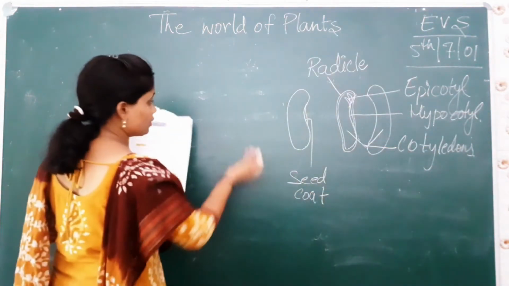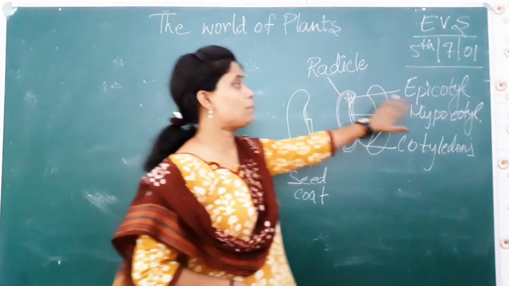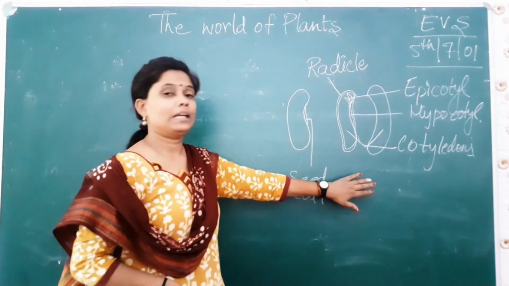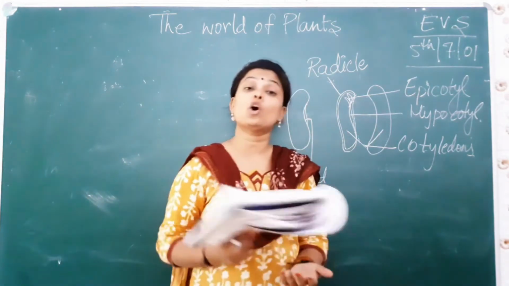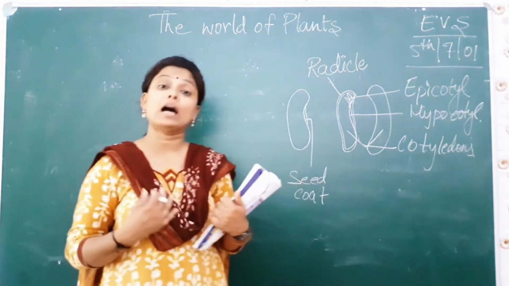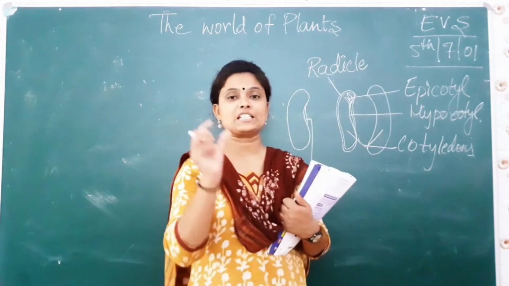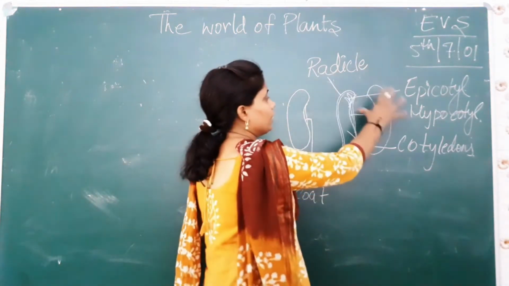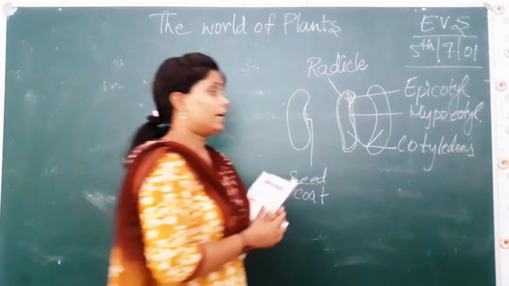Okay. Now seed coat, radicle. This is the structure of a seed, and these are the parts of a seed. They all are useful in different ways. As we have different organs that work for our body, we have heart, lungs, and every organ has its specific work or duty to do. In the same way, some parts are protecting, some are helping in growing, etc.